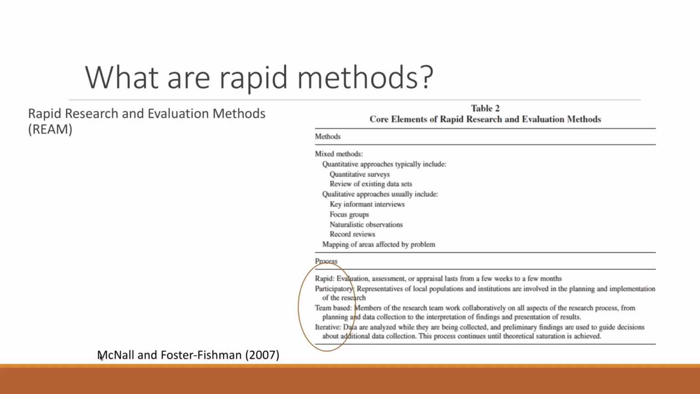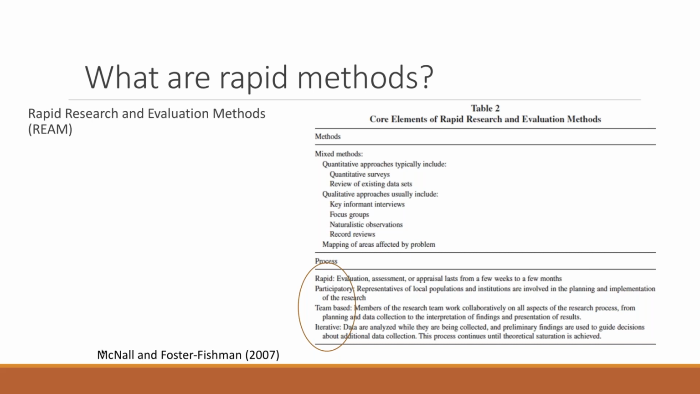So whenever I talk about rapid qualitative research, I always get this question from the beginning: well, what do you mean by rapid? What are these rapid approaches? What are rapid methods? And quite a few people have already tried to map the landscape, and I always recommend this review by McNell and Foster-Fishman. It's a bit old, but I think it gives a really nice overview,